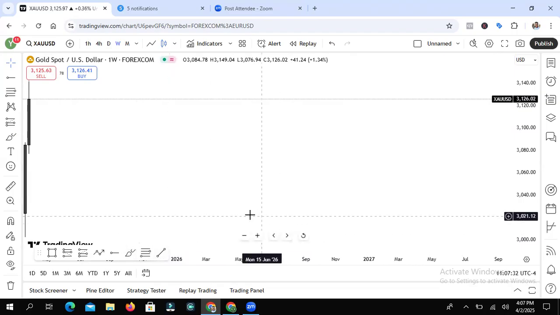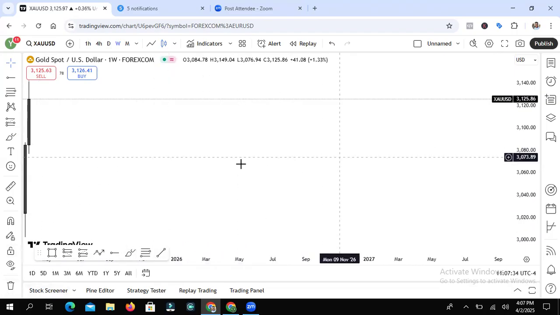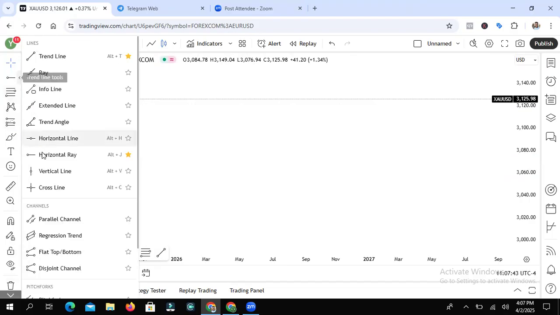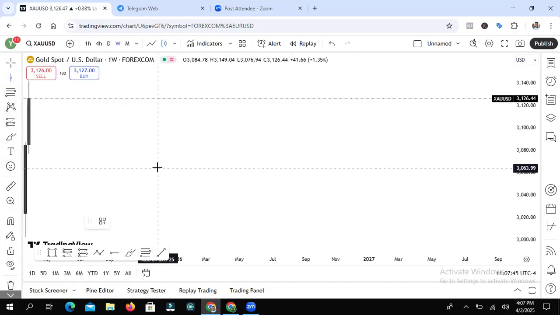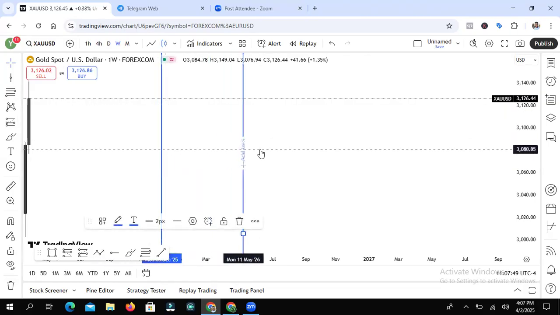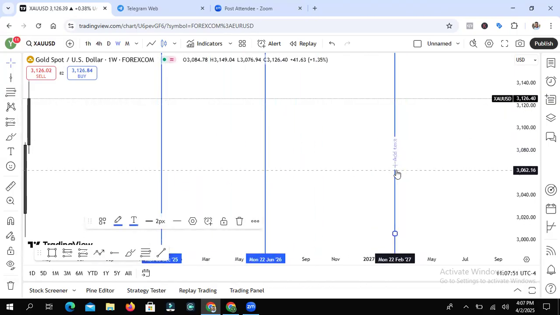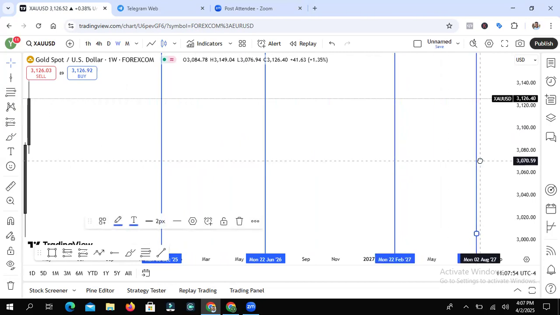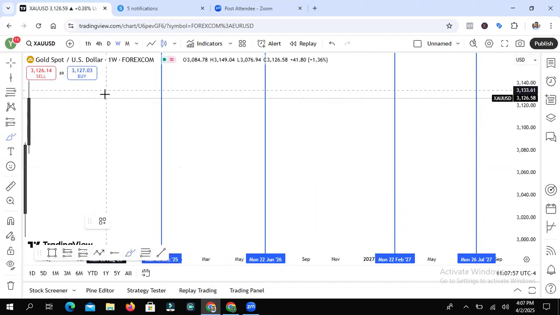I hope I've not spent too much time. I just like to make everything very simple. So what do you want to see coming into a new week? Coming into a new week, let's partition. I need this vertical line. 1, 2, 3, then 4.